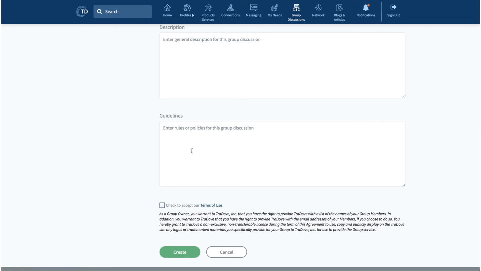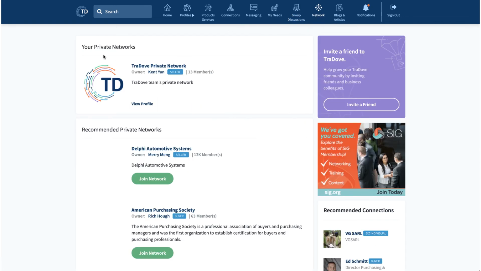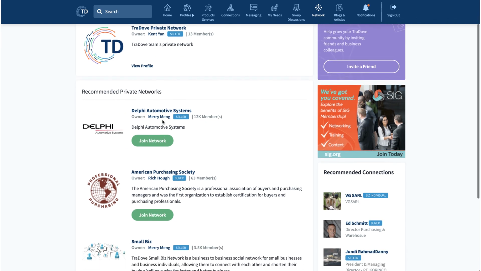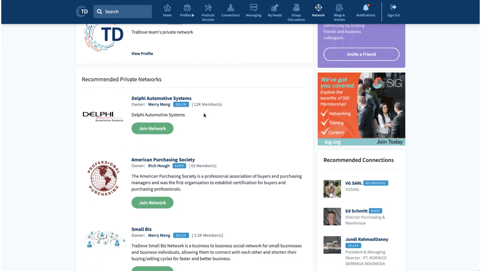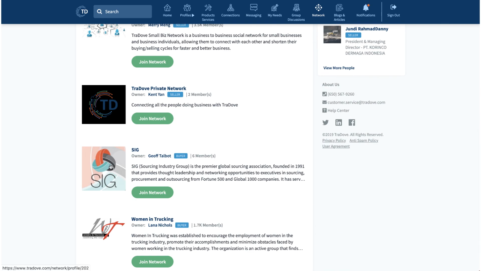The next tab is network. In here, you're going to see private networks that you belong to, and also recommended private networks that you can join. Any of these companies or networks that you find relevant to you, you can go ahead and join. There's a whole list of them, so you can see here, like SIG. If I click on SIG,